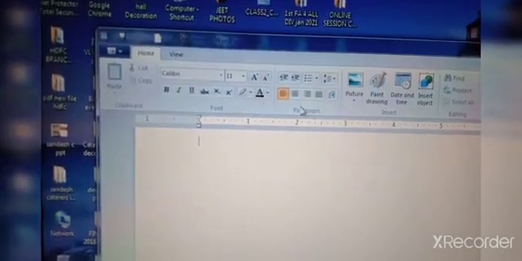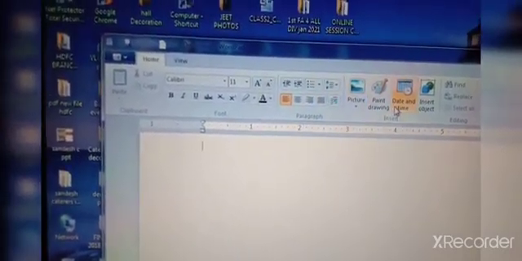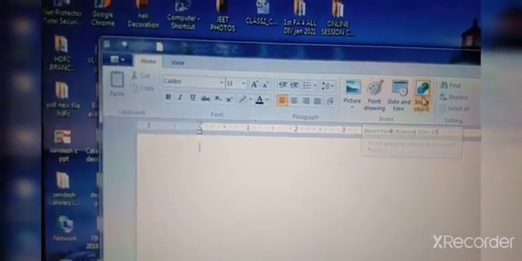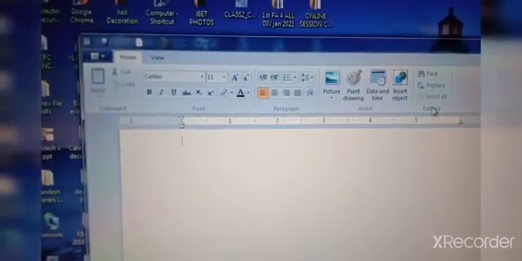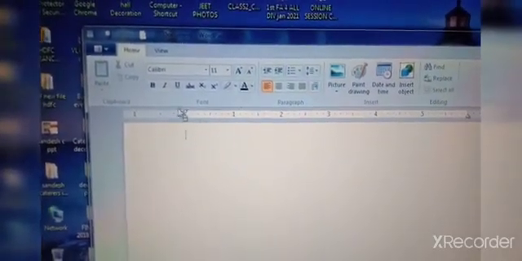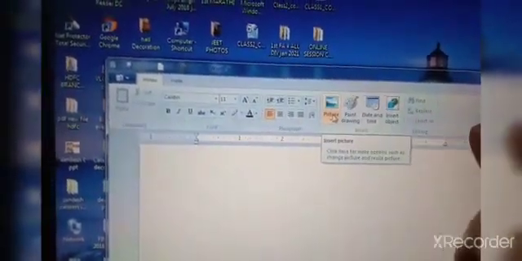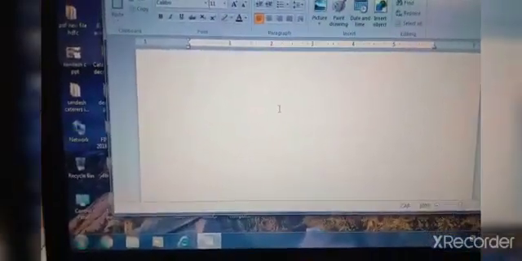You can see changing font. Okay, font related commands. These are related to paragraphs, giving bullets. Okay, these are to insert the picture, date and time. We have seen date and time. And these are the find and replace commands. Okay children, this is the ribbon. This full area is the ribbon.